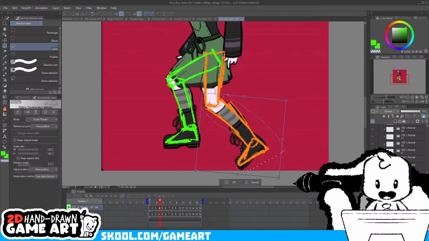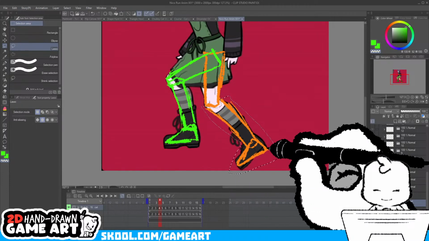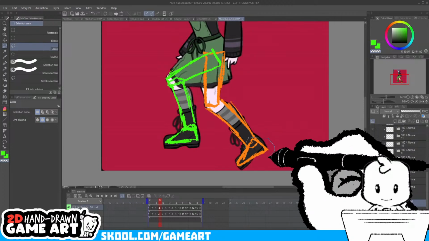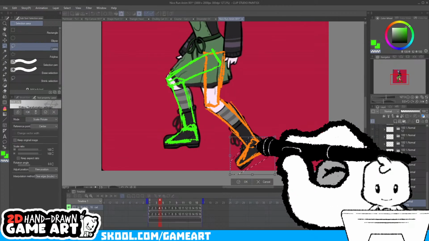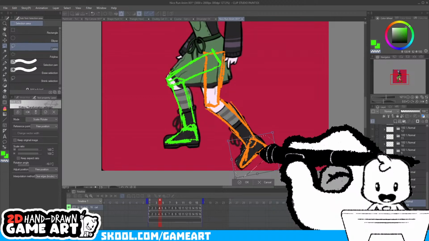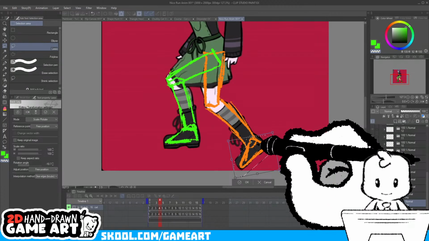By the way, this is actually a really good method to study animation that you like. If there's any kind of cool animation that you've seen, I highly recommend just tracing over it to understand what's happening, what's the motion, why they made the decisions that they made, and what's the spacing, what's the timing.